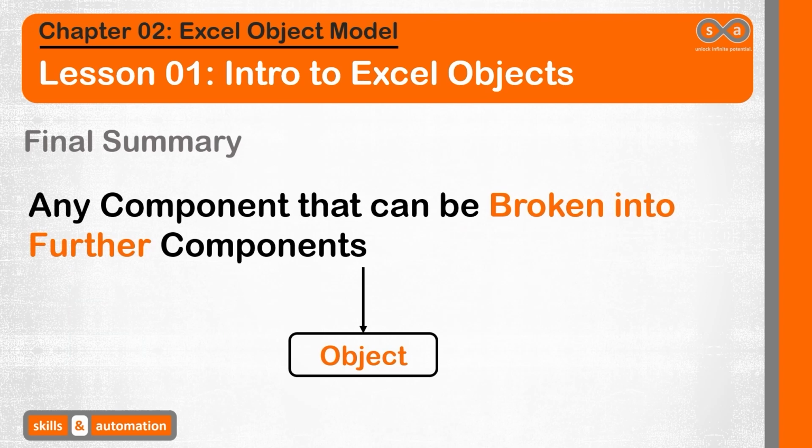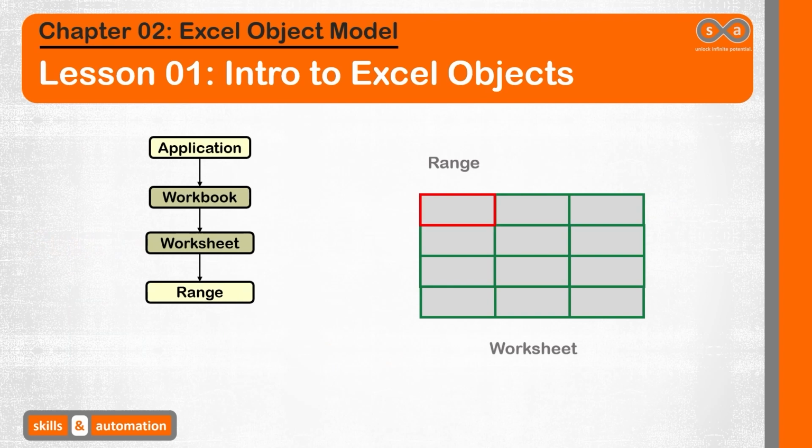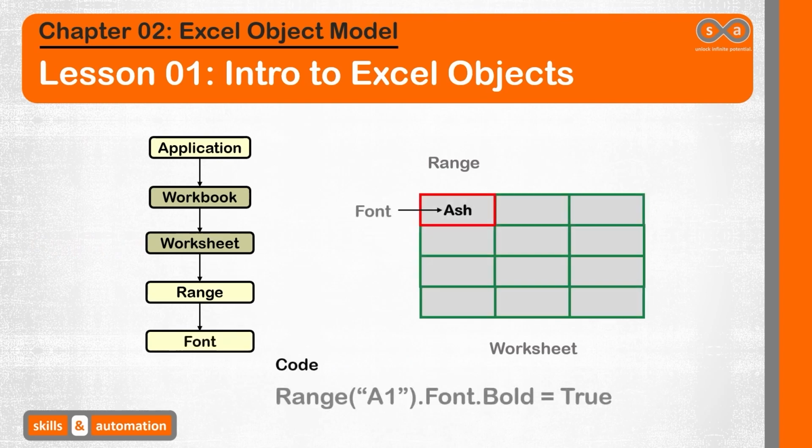Any component that can be broken down further into individual components can and will be packaged as an object. The relationship between worksheet and cell ranges is easy to conceptualize. A worksheet does look like it's made up of cells. Hence, a cell range will logically be an object contained within the worksheet object. Visually, a cell range may seem like the smallest component. Is it possible to go down further? Yes. For example, the range object contains the font object, which has several properties such as font color, font size, etc. So in order to change the font in the range A1 to bold, we need to first access the font object and then set its bold